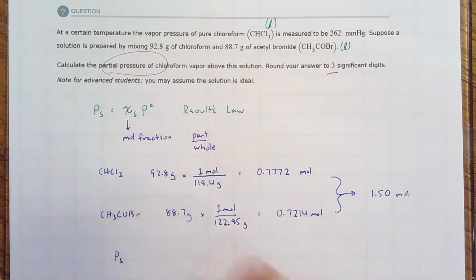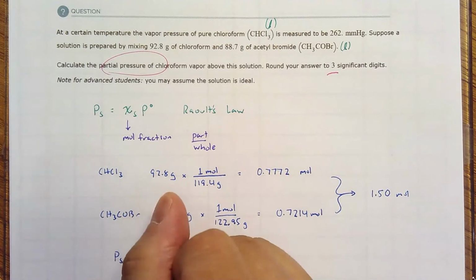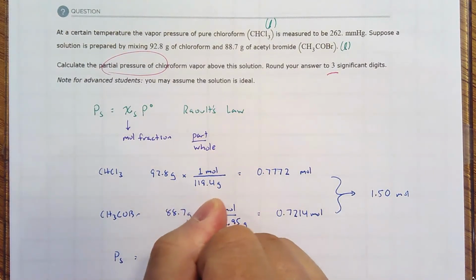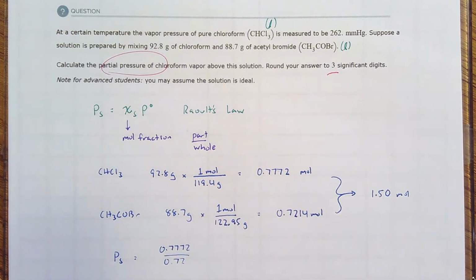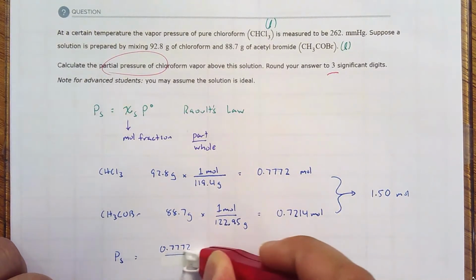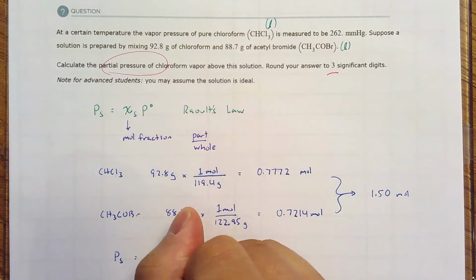The partial pressure of the chloroform vapor is equal to the mole fraction, 0.7772 over 0.7. Oops, you've got to take the whole, not just the acetyl bromide part. 1.50